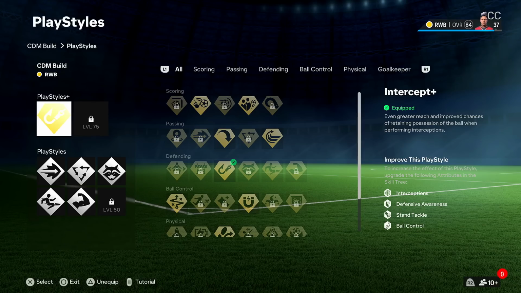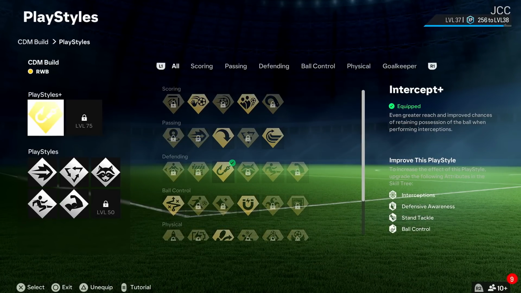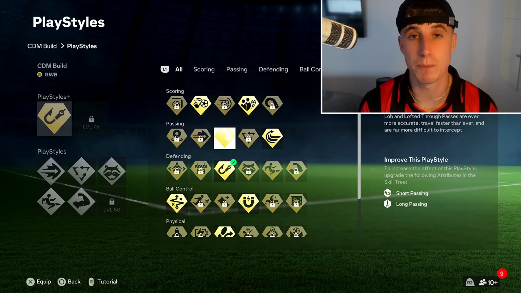And intercept plus is really, really important. Interceptions are everything in DM, and obviously I'm still low level and I can't unlock half of the ones in defending anyway, but this is really, really good, so give it a go. Obviously you could put a playstyle plus into one of the passing ones depending on how you play in your team,